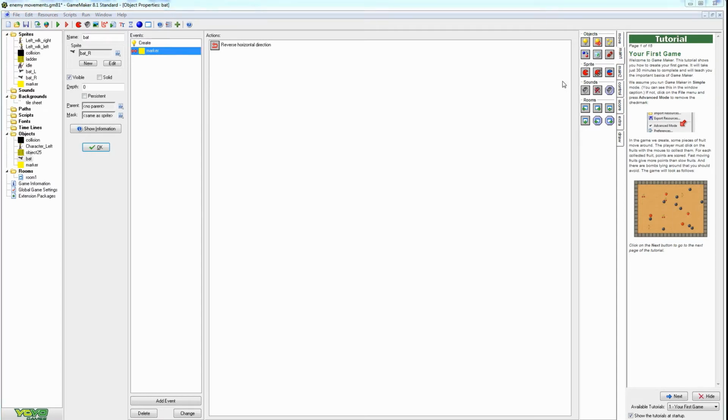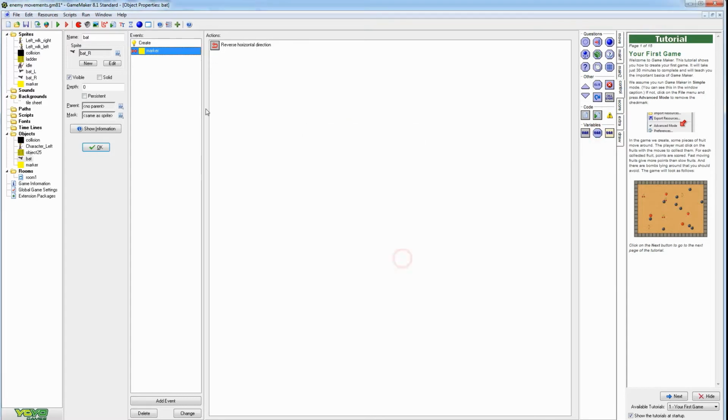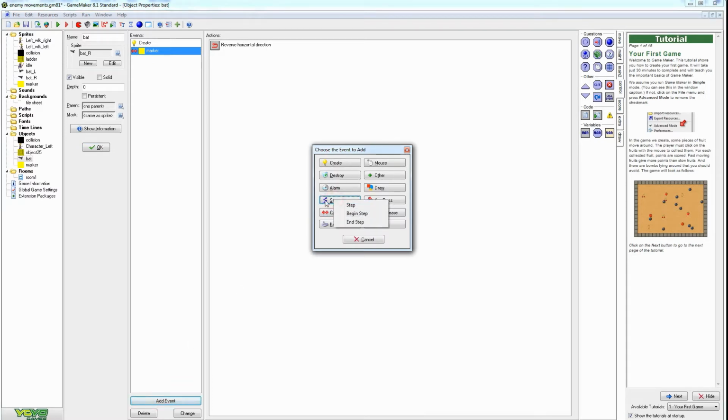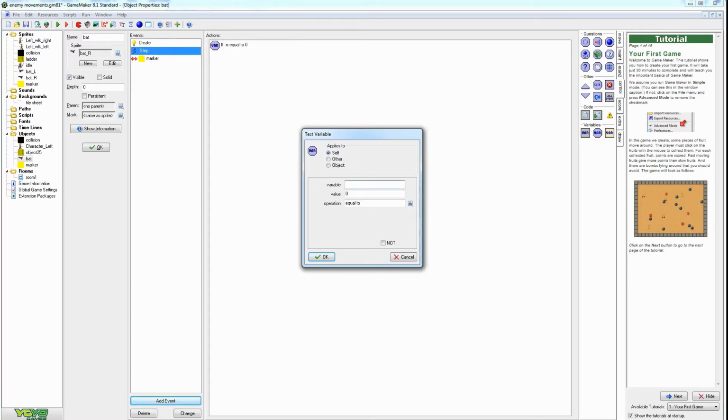Actually, before we change the sprite, let's go over to control and put a variable in here. So, wrong spot. We need to make a step event, add a step. Alright, so in the step we're going to add in variable if the h speed is larger than 0. So on creation he'll start moving and markers reverse him, but every step of the way we're going to